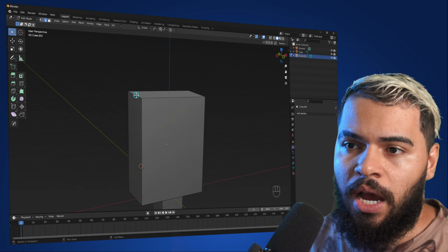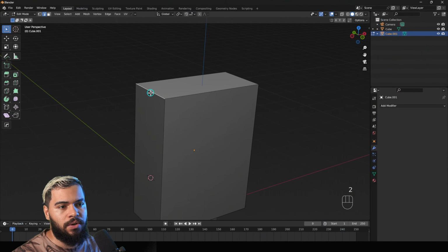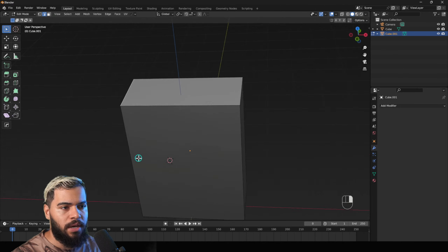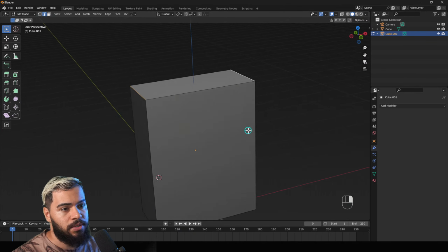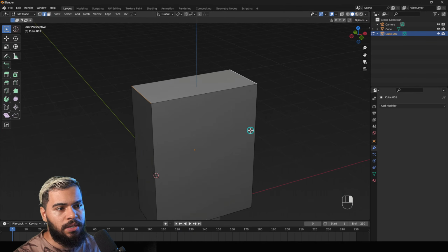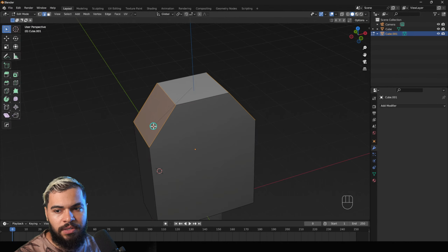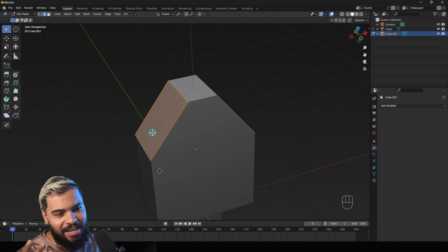Here, I will go to the edge, which is going to be 2. I will select this edge, all right? And this edge with shift held and click here. Good, this is what I want. Now if I press Ctrl B, I can add the bevel right here. Can you see? It becomes a kind of house, alright, which is nice.